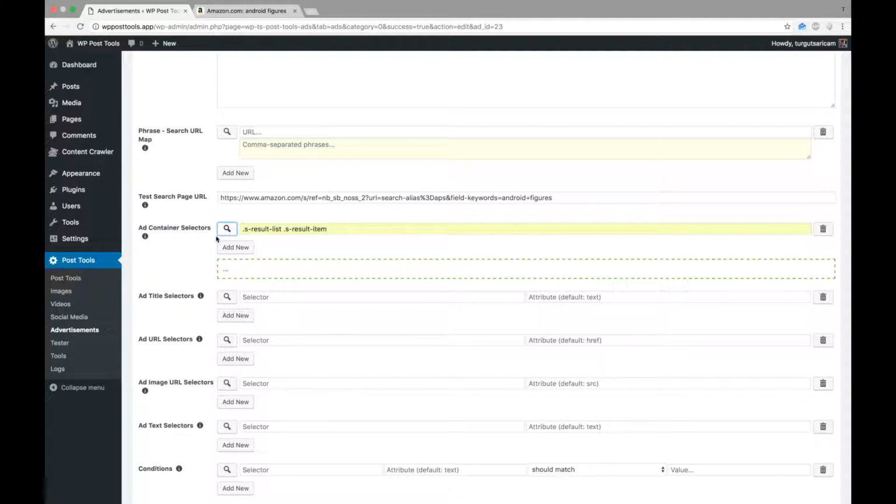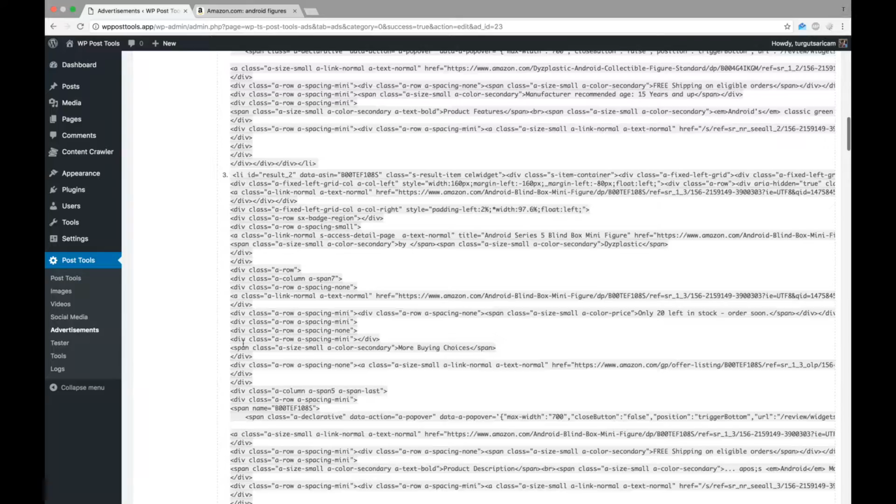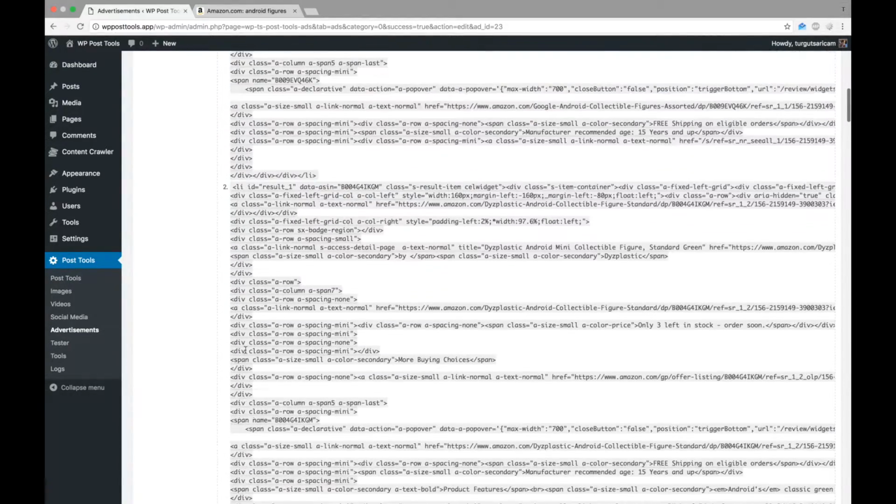Let's test the selector to make sure it is correct. Great. We can see the product codes.